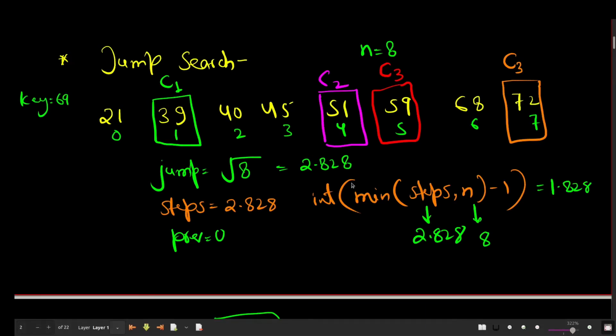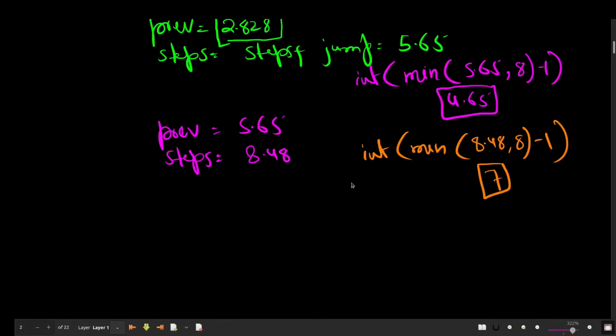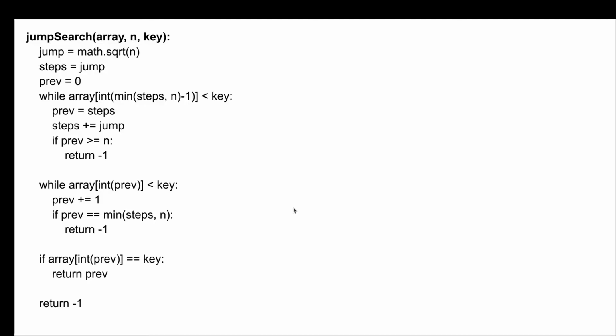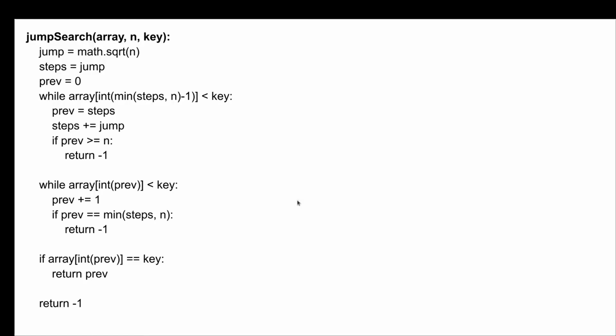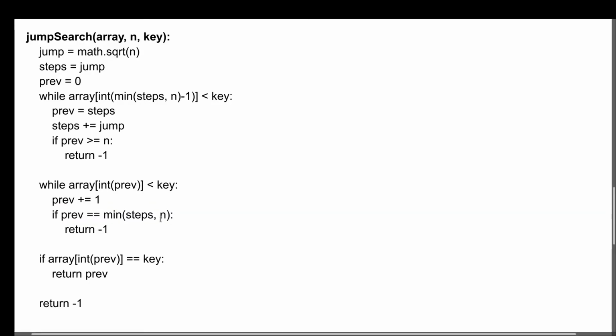Okay. Now you can see that previous was 5.65 and we have gone inside this loop. So now previous is going to increase by 1 and it will become 6.65. This is another kind of comparison here. We are basically checking whether we are inside this array or not.